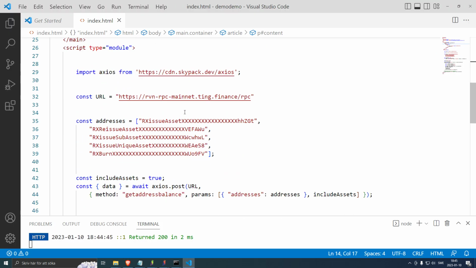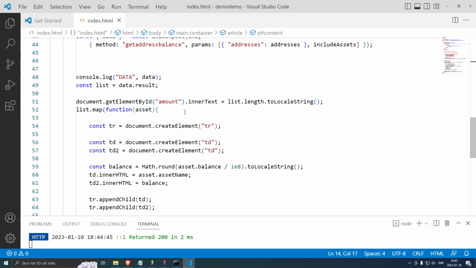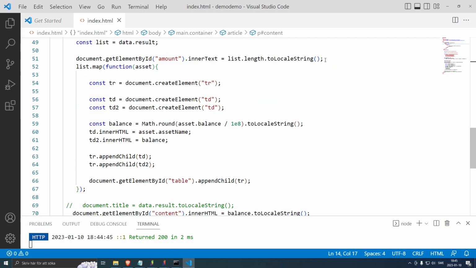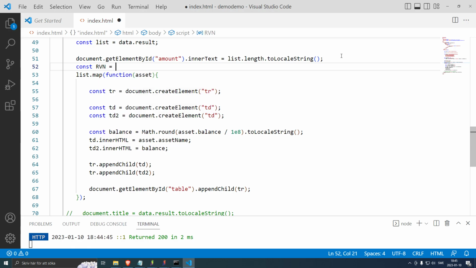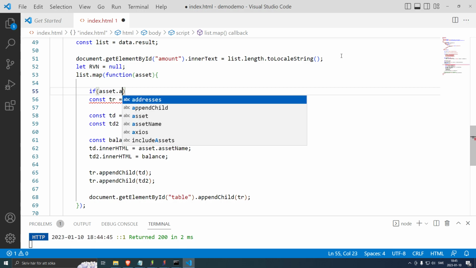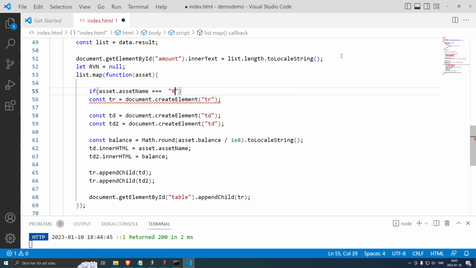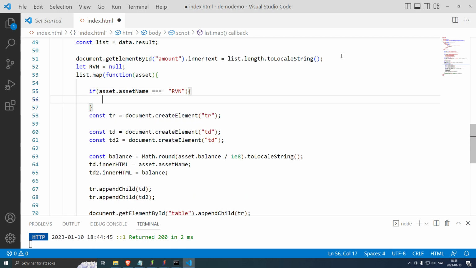So then in our code we can just say that, okay, now we go through every item in the list, but we can say RVN. It should be let, because we're gonna change it, and we can say if asset.asset name equals RVN, assign it to the Raven